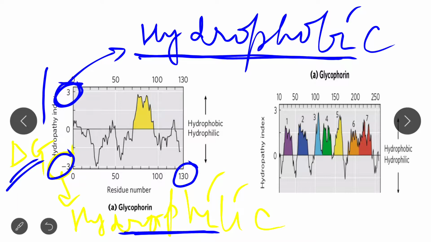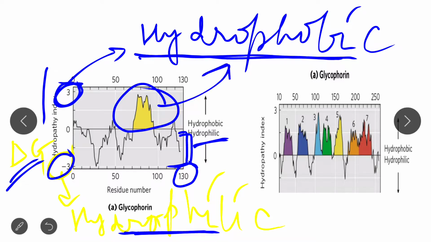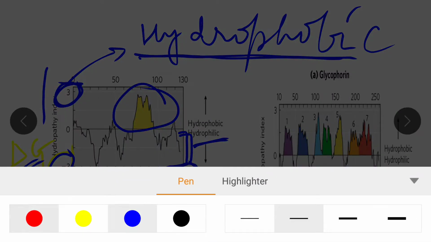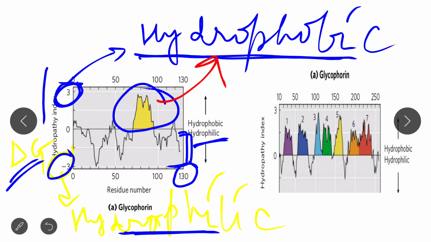Clear now? So you can easily understand that this total portion is hydrophilic. Clear? And this portion is hydrophobic. Clear? Now, as I already mentioned, by the use of the formula 45 by 1.5 angstrom, there are 30 amino acids present in the hydrophobic region. Maximum 20 to 30. If we take 35 by 1.5, then there will be 20.